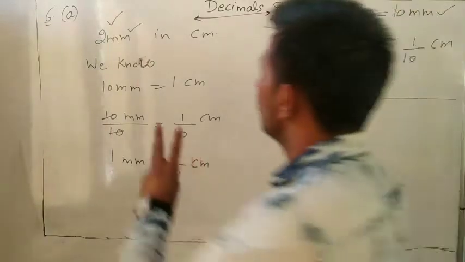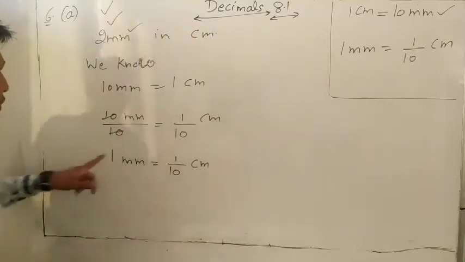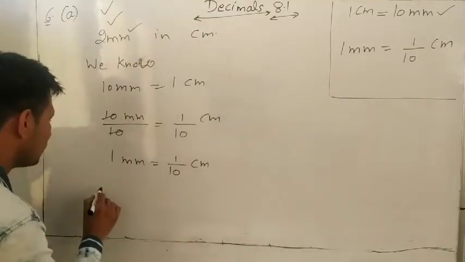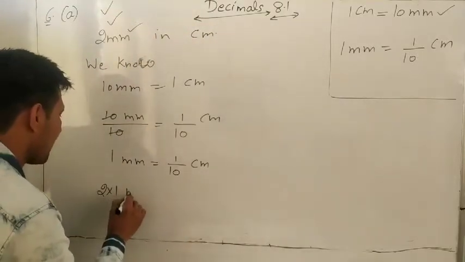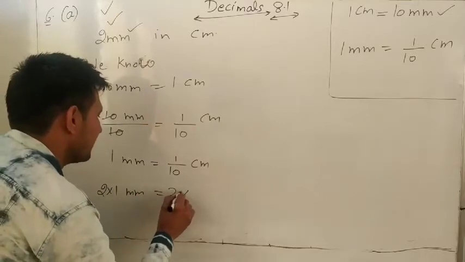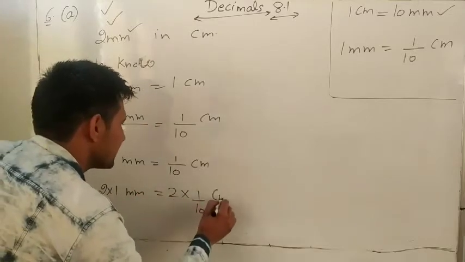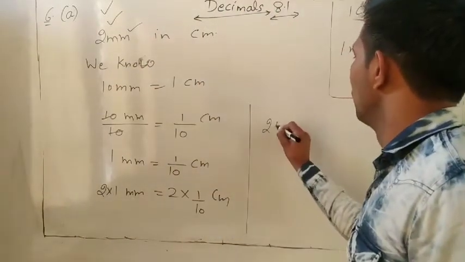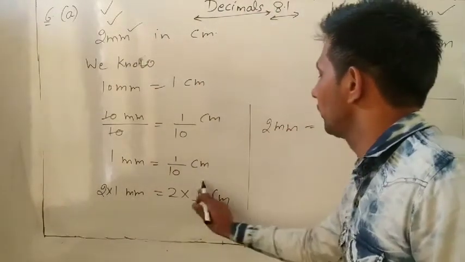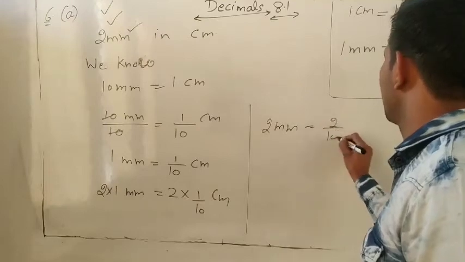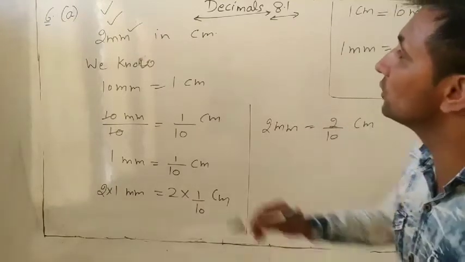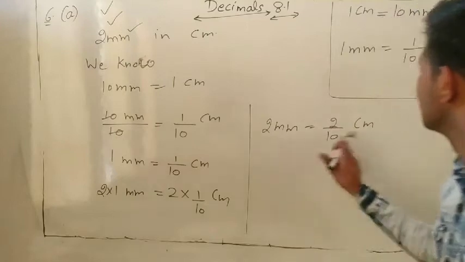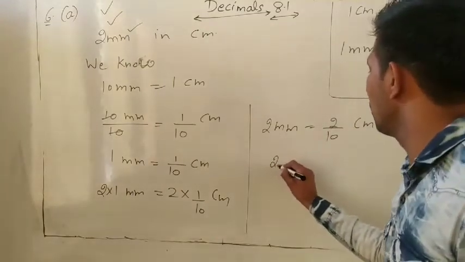And if I ask you how much is 2 mm, so multiply both sides by 2. So 2 into 1 mm, and here also multiply by 2. 2 into 1 by 10 centimeter. So you will write 2 mm equal to 2 into 1, 2, 2 divided by 10 centimeter. What we want to find? 2 mm in centimeter. Yes. So 2 mm